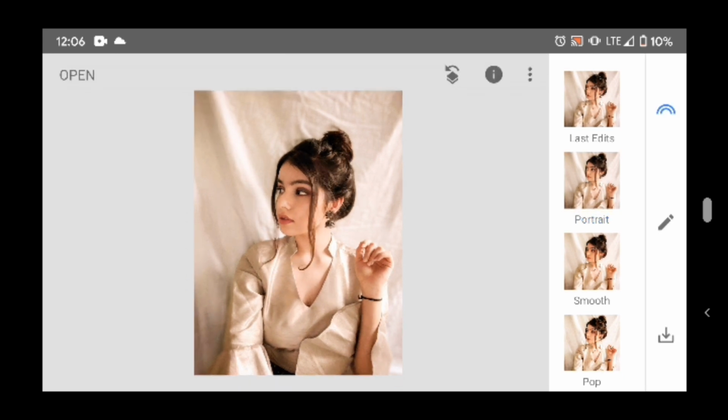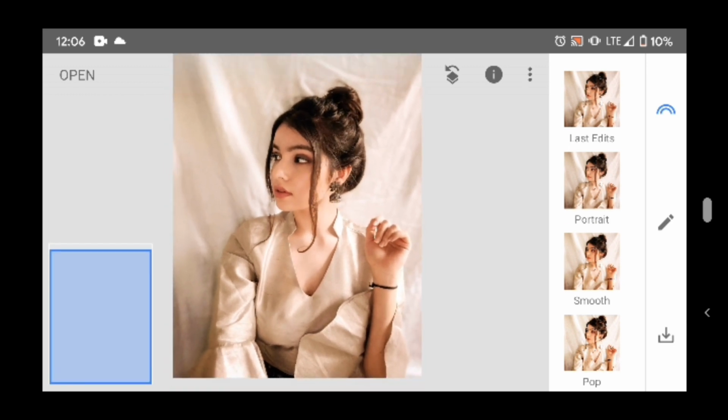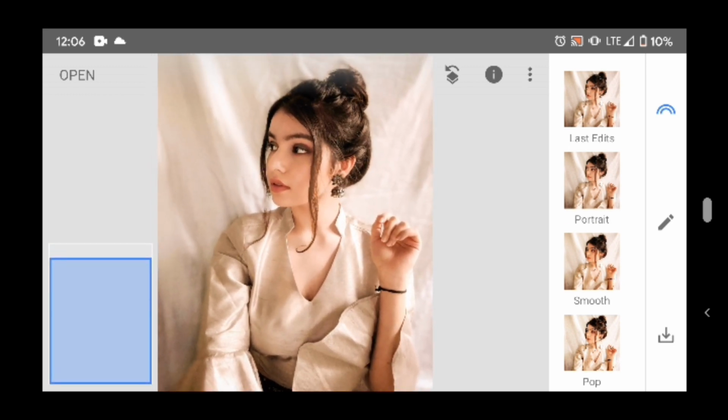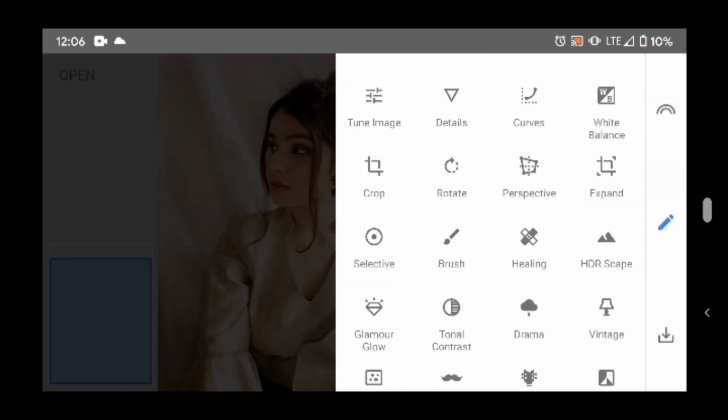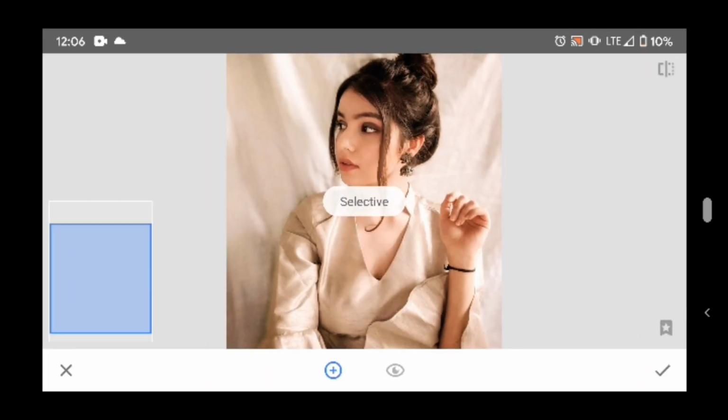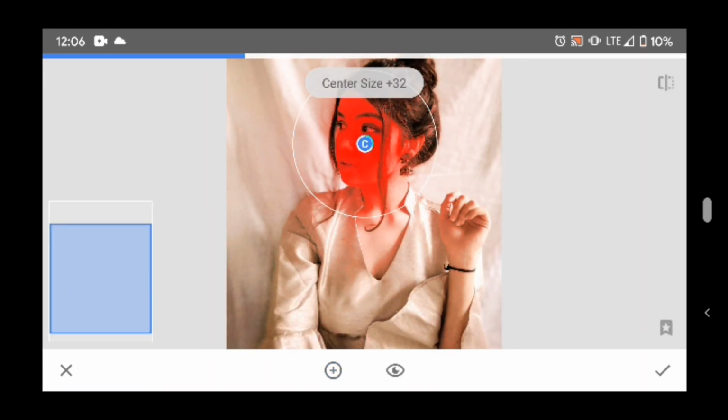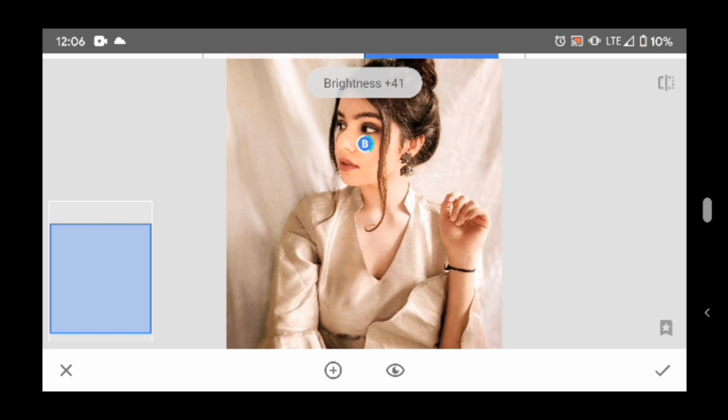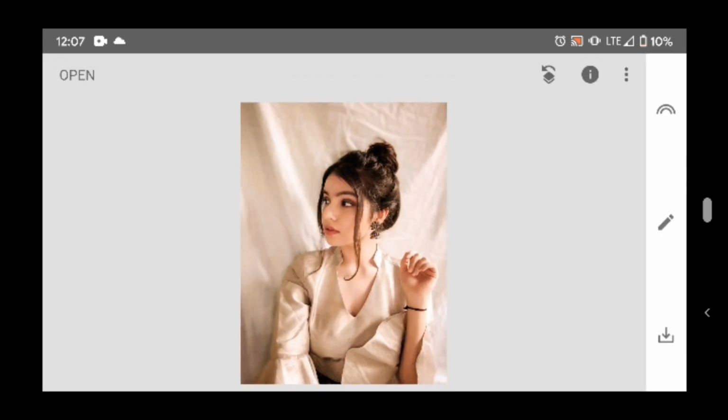On Snapseed you can also add brightness or contrast to a specific area of your picture, not the whole picture. So I'm just going to use this tool called selective, and if I feel that there is not enough light on my face, I'm going to tap this on my face and decrease its center size. As you can see, you can increase or decrease the brightness, contrast and saturation of a particular place in your picture, but I didn't do it because I think it's sufficient.